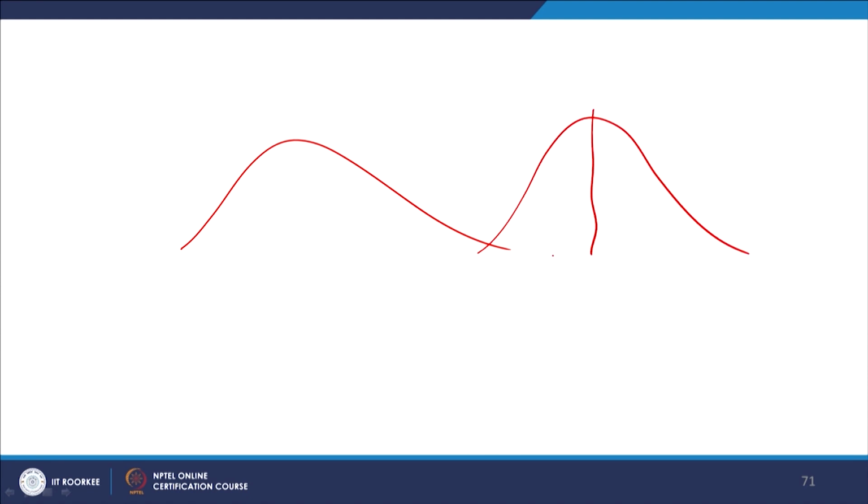So, we have seen, for example, when the data is not normal, you can convert the data to a normal data, right. If the data is skewed to the right or left, or it is a kurtotic data, then you can convert the data and make it look like a normal data. So, what does a normal data mean? The central tendency, the mean, median, mode lie on the same line, right, in the center.